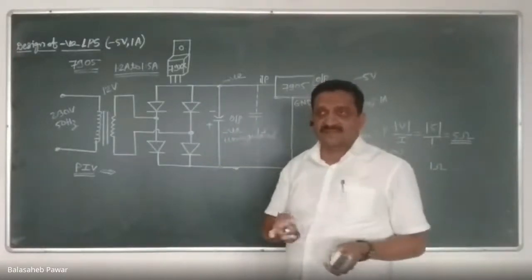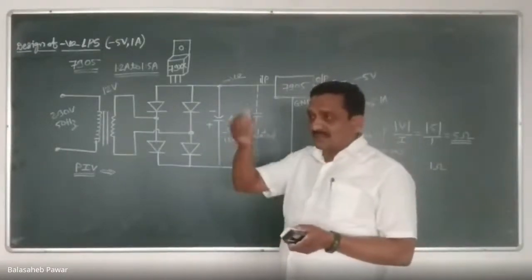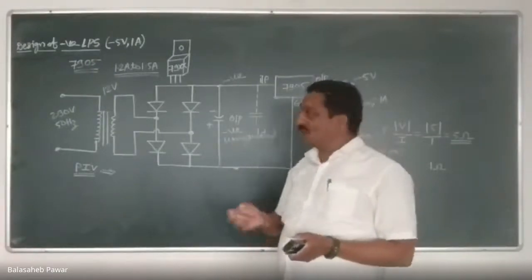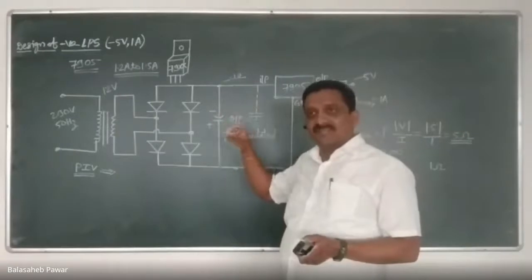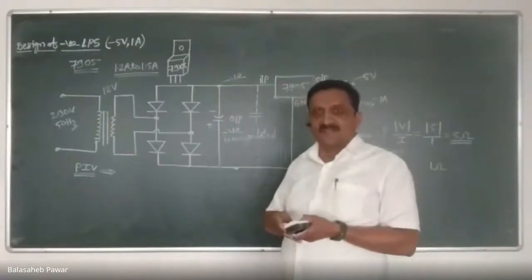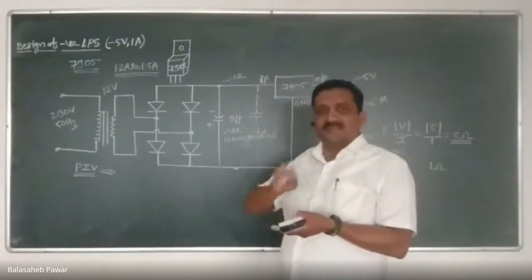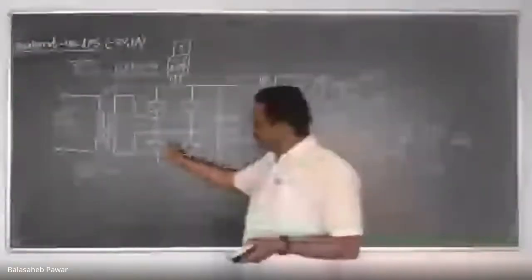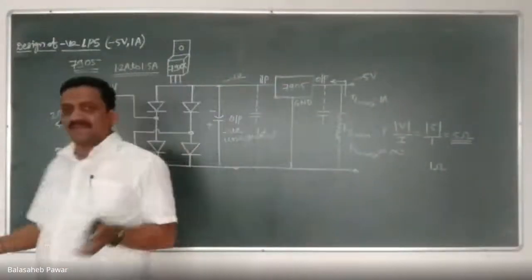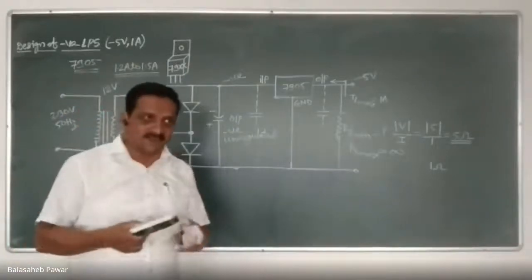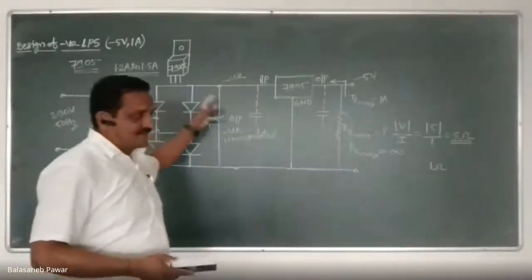reverse bias. Reverse bias means whatever reverse peak voltage we apply to that diode, it should have the capacity to sustain it, or to keep that reverse voltage in blocking state. And that is nothing but the PIV rating. Already for 1N4007, it is very large. It is almost 1000 volts. So no need to worry about that selected diode.